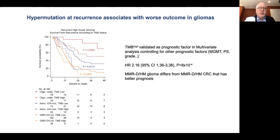The next thing we looked at was that colorectal cancer with MMRD actually has a better prognosis, and we wondered if this might be the case in gliomas, but we found the opposite. In hypermutant gliomas, both oligodendroglioma and astrocytoma, we found statistically poorer survival in those patients who were hypermutant, shown here with the dashed lines, compared to their non-hypermutant controls, shown in solid lines. There was a trend for this present in IDH wild-type glioblastoma as well, shown in orange, but it did not